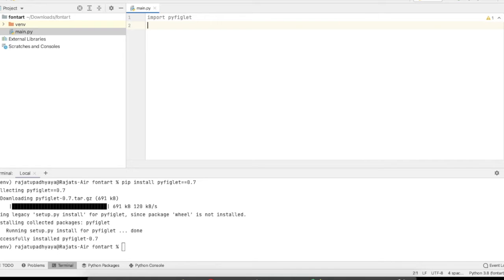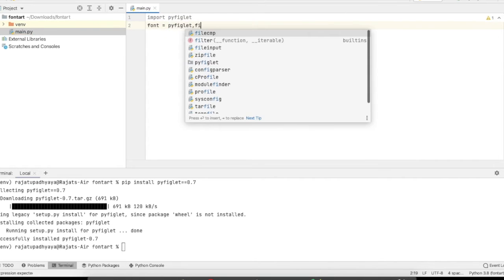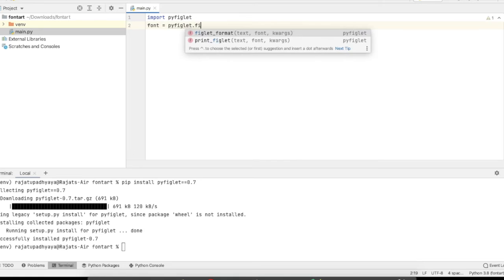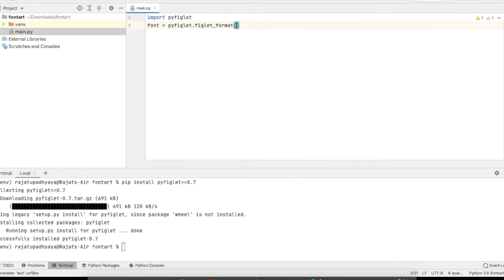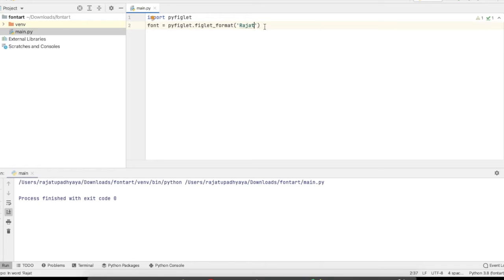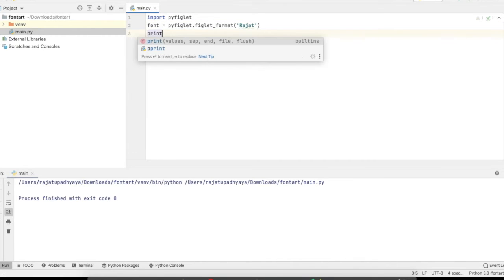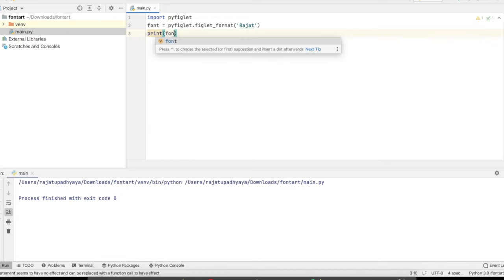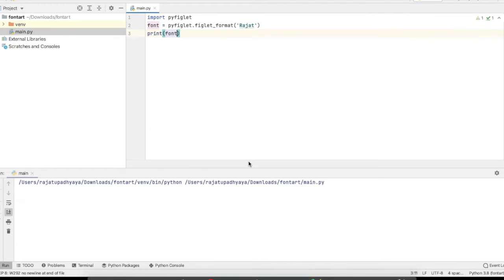As I told you in the beginning already, it is a very easy tutorial. I am just using the PyFiglet library to convert our text into a particular font art. Here I am taking one variable like font and using PyFiglet dot figlet format. Here I am passing my name, Rajat. Now if we print the font here,